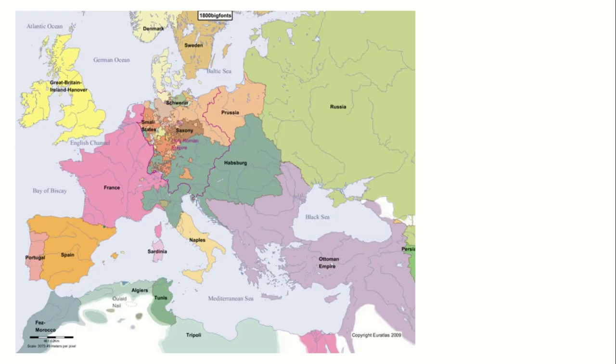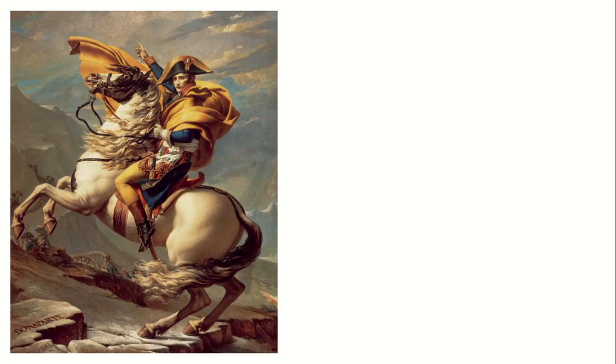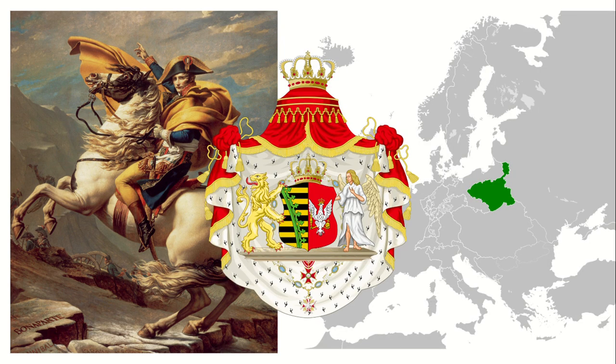And then for the next couple of decades, as you can see, this is Europe, no Poland, until this guy, Napoleon Bonaparte, you might have heard of him, came along and invaded almost all of Europe, and while doing so, he created what was called the Duchy of Warsaw, which was basically a puppet state, but the Polish people there were very for it